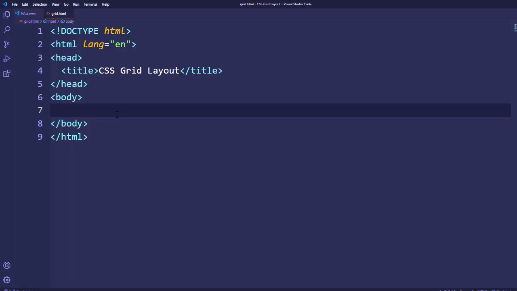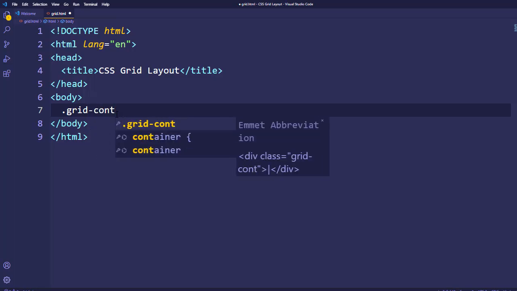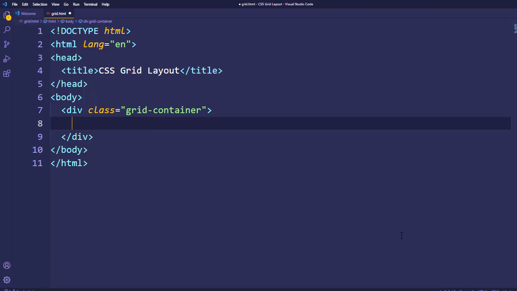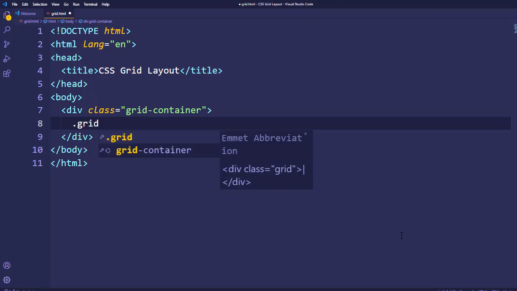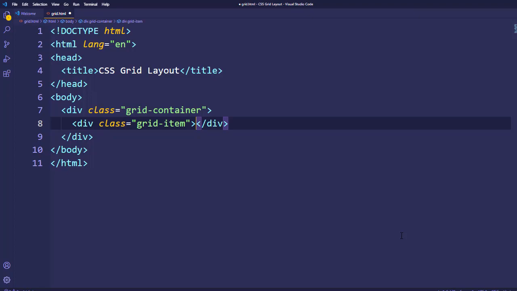Now we are going to practice the basic properties of CSS Grid layout. First, you will create a container, so I will call it grid container, and inside this grid container we'll have our grid item. I will add another class because grid item is a general class, and to apply any specific styling we will have grid item 1, grid item 2, these sorts of classes. I will copy the individual name of the class and paste it inside the content so we can see which item is placed on which position.